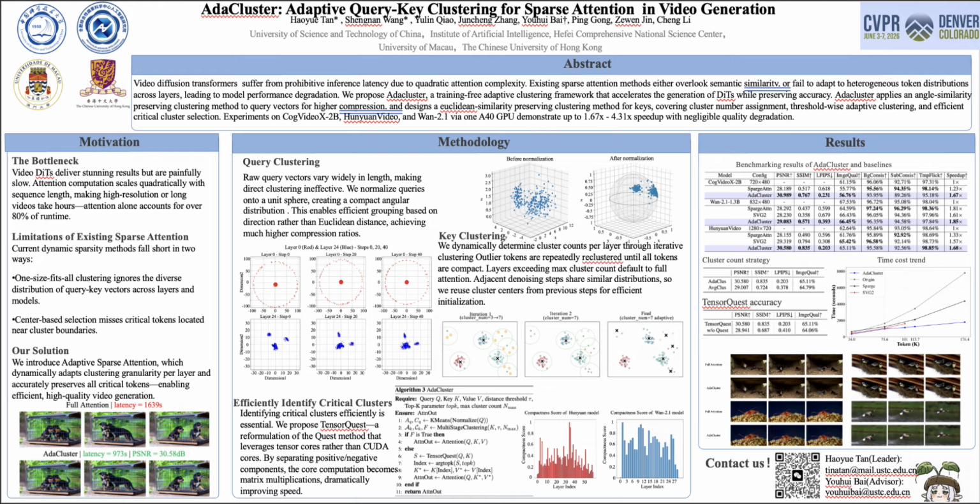The second part is layer-wise adaptive dynamic key clustering. Key features change a lot in different network layers. Low layers focus on texture information, while high layers capture advanced semantic features. Fixed cluster numbers can't fit this characteristic. Therefore, we adjust the cluster quantity dynamically for every single layer.